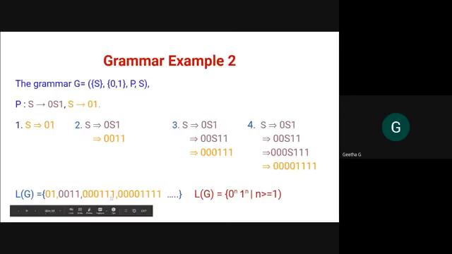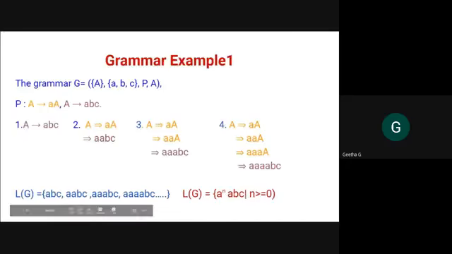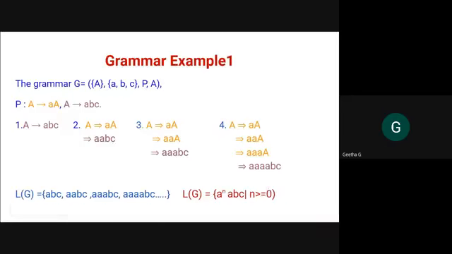And the strings I had written here, L(G) containing 0 power 1, 1 power 1, like that you can take, or in any order you can write it. So the pattern of the language will be easily identified: 0 power n, 1 power n, where n is greater than or equal to 1. Whereas in the previous case it is greater than or equal to 0, because I didn't consider A, B, C. See here, I had written this A separately. If I put it here, it means that I can write A power n, BC, and I can write the minimum as 1, n greater than or equal to 1. Like that, you can write it in your own convenient way to identify this language pattern.